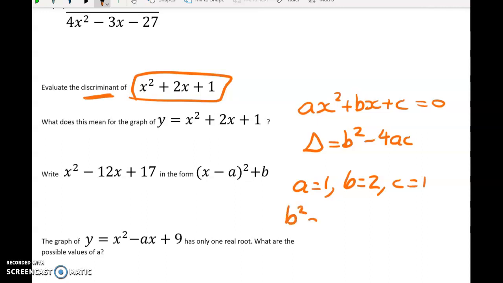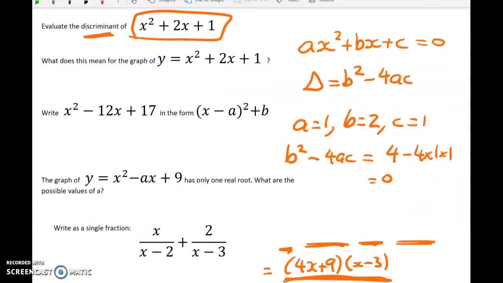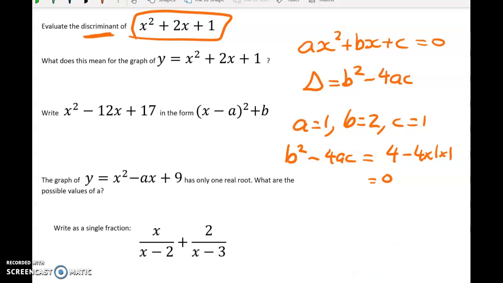So the discriminant here is b squared minus 4ac, which is 4 minus 4 times 1 times 1, which is 0. So that means that if the discriminant is 0, this is where the graph of the parabola just touches the axis. So it means there's one root,